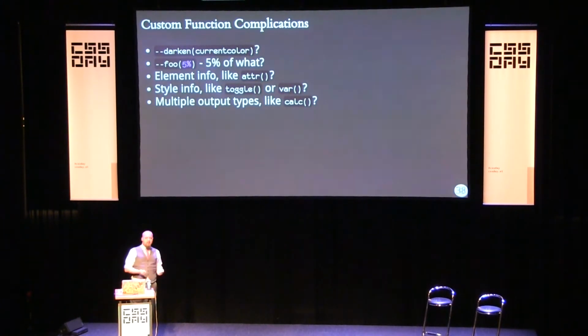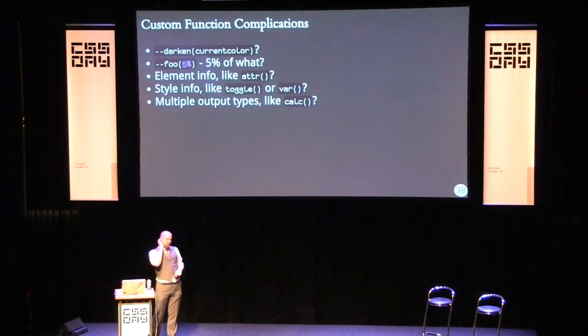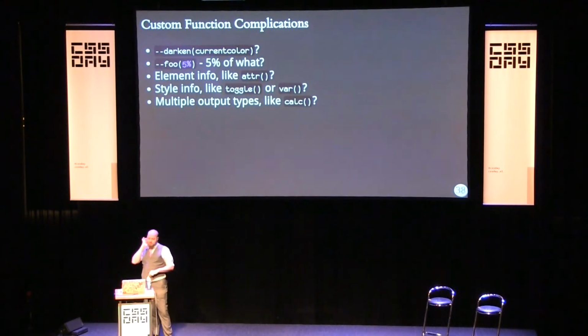Maybe you're okay with just working with it as a percentage, just doing the math on it, returning a calc or something. And that'll often work. But if you need it to be relative to a particular value, like you can do in a lot of CSS functions today, I'm not sure how to pass that information around yet. A lot of the existing CSS functions use more information than I was showing in the examples so far.